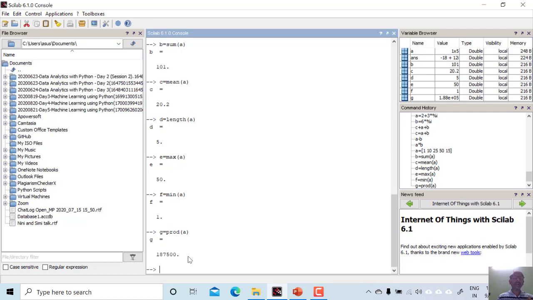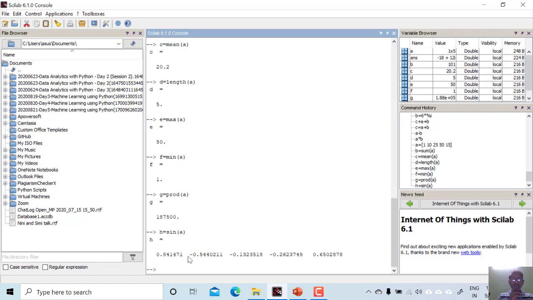Now I want to know what kind of elements are inside, whether they are positive or negative numbers. So, sign. What is the sign of A? I think there is a spelling mistake.